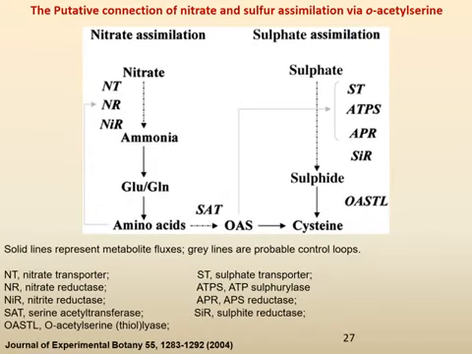Here is the putative connection of nitrate and sulfur assimilation via O-acetylserine. On the left side of the pathway is nitrate assimilation, and on the right side of the pathway is sulfate assimilation. Sulfate assimilation gives rise to the formation of cysteine, and the nitrate assimilation gives rise to amino acids like